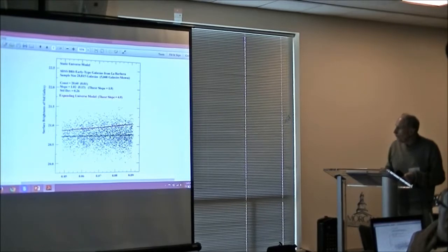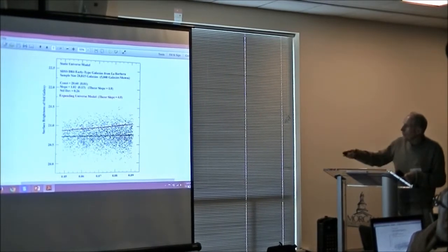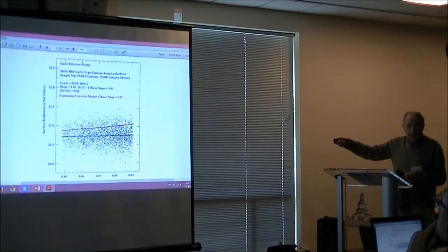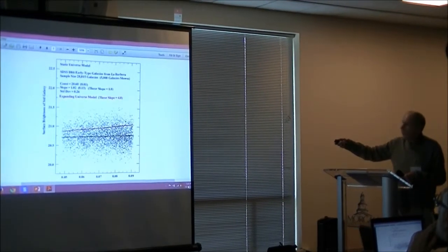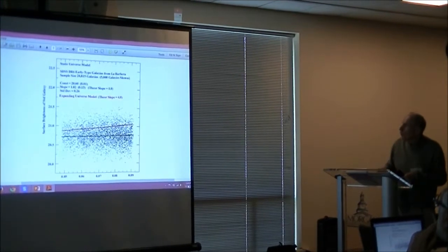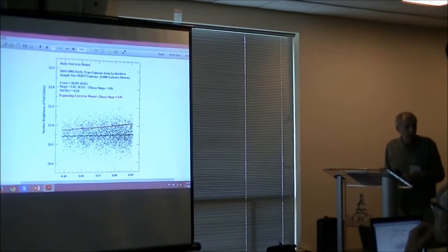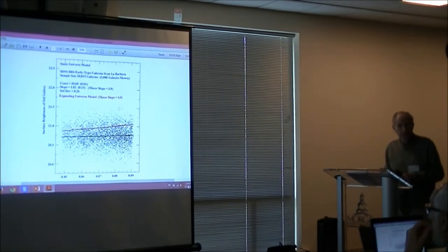So you can see there's a great difference between these. The black slope should be 1, the slope of 1 in the static universe. I show it as 1.02 plus or minus 0.13, 1 standard deviation. Whereas the expanding universe has a theoretical slope of 4. So this is definite evidence that the universe is actually static rather than expanding.